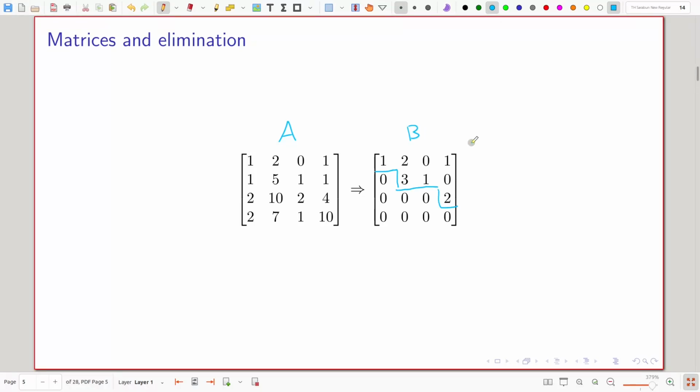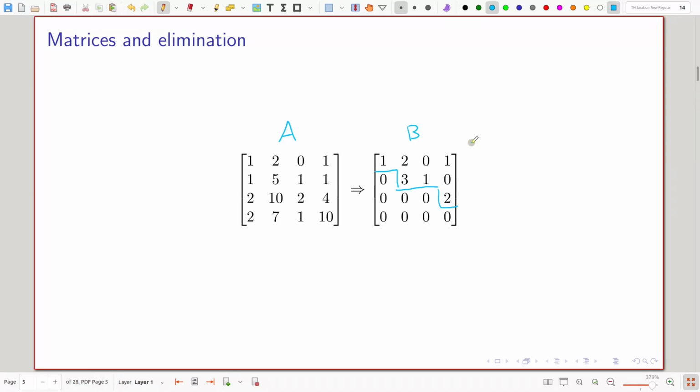Now, what is the rank of matrix B? It's 3, because that's the maximum number of rows which are linearly independent, and all these rows are linearly independent, because as you move up, you have more columns.